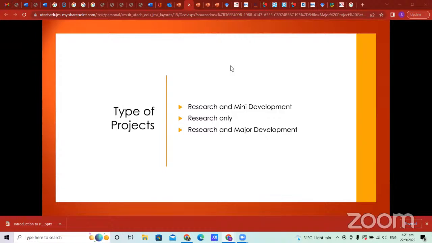So let me just talk about the types of projects. The majority of projects are research and mini development. So a research and mini development is a project where students have both a research project. Remember, we just talked about chapters 1 to 5, and part of the project includes development of an artifact, which is typically a software prototype, right? So if you take last year,